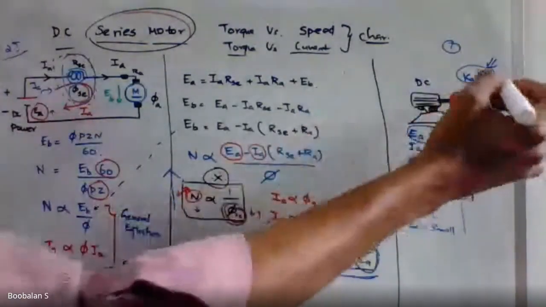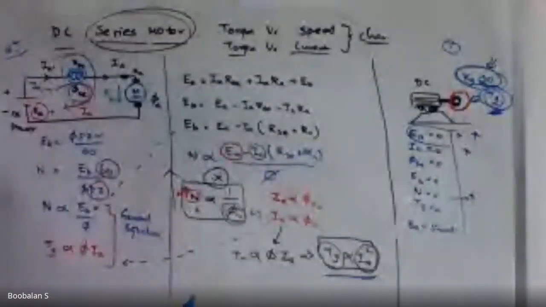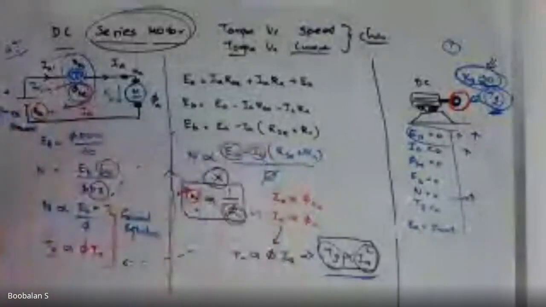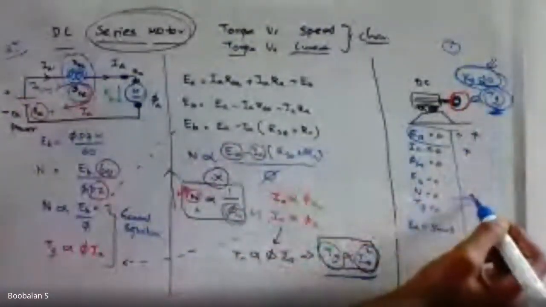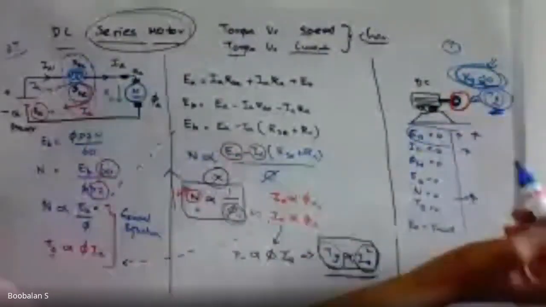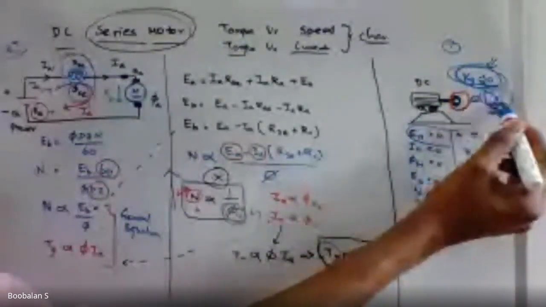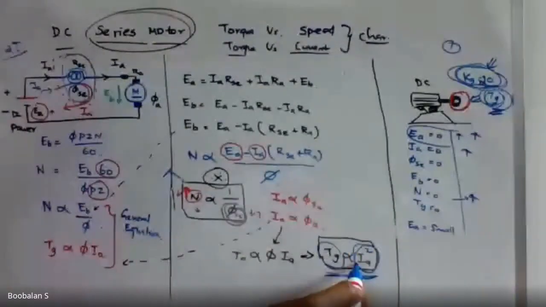Suppose I start this motor with the help of some weight, right? So 20 to 30 kg. In the initial stage I apply voltage and the motor starts to rotate. Even so, the motor has to pull this 20 kg, so that's why it's going to generate that much torque. The torque equation depends on the current, that is, Ia square.